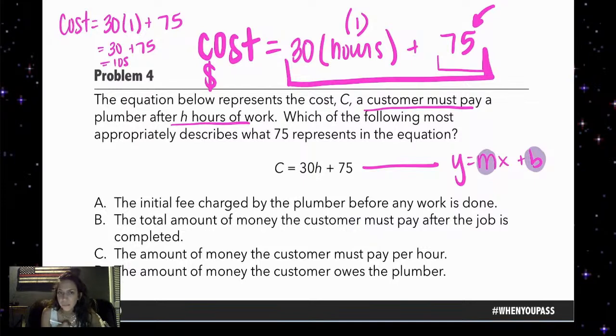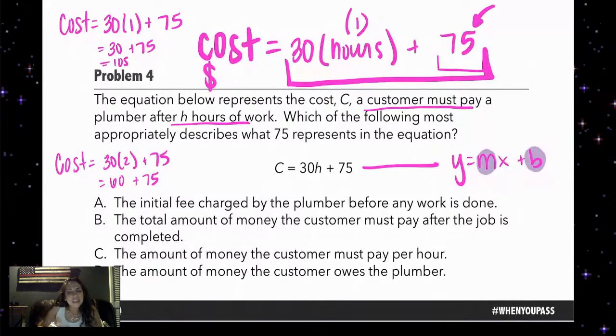I'm telling you, when I look at this problem, and when some of you look at this problem, you know the answer right away because you really, really understand. But some of you, this is a really struggle problem. You're on the struggle bus with this problem, and that's okay. That's why I test numbers, because it helps me figure out what I'm dealing with. So now let's plug in 2. If the plumber works for 2 hours, I'm going to pay $60 plus that same $75.